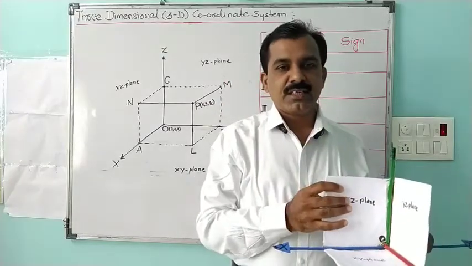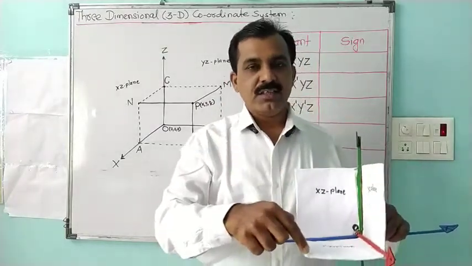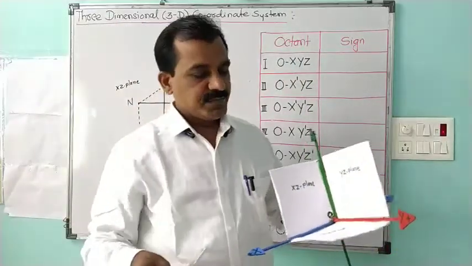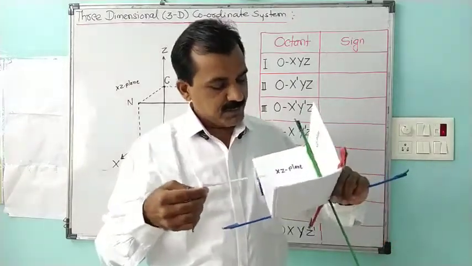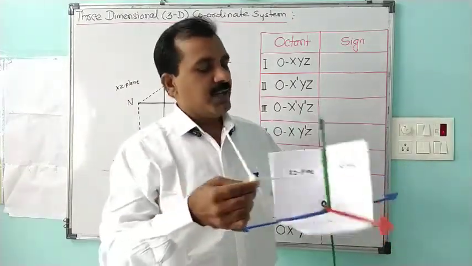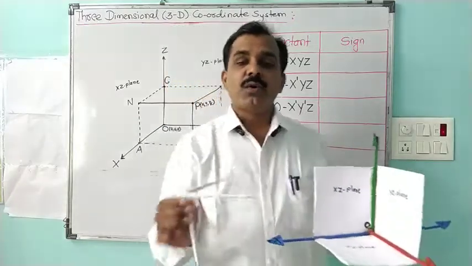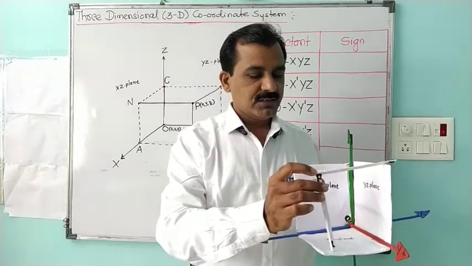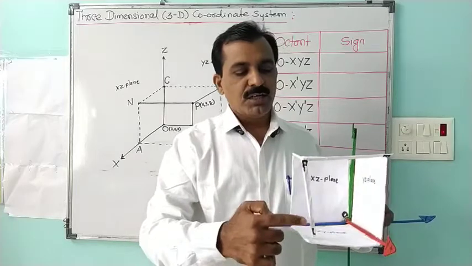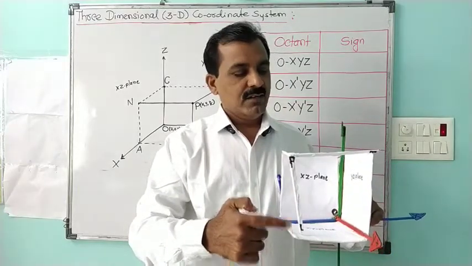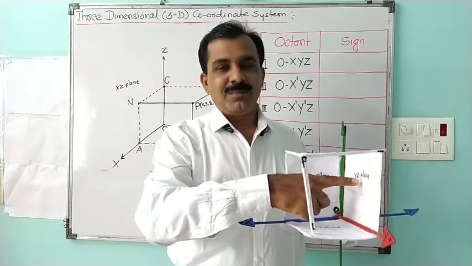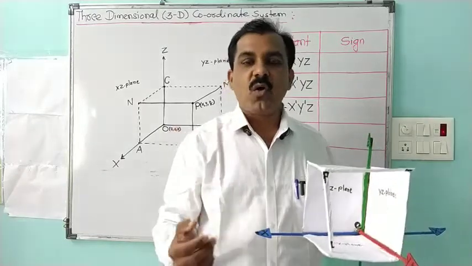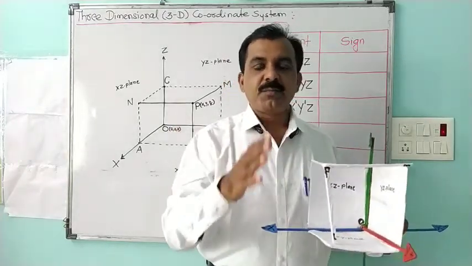When we consider any point in this octant, if I call that point P, and P is given, then we draw perpendiculars on the xy plane, xz plane and yz plane. To get the coordinates of the point in space, we draw perpendiculars from that point on the xy plane, on the xz plane and on the yz plane. The length of these perpendiculars on these planes gives us the coordinates of this point